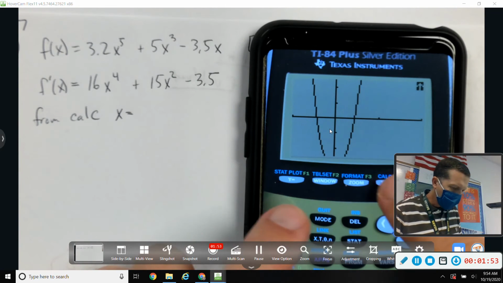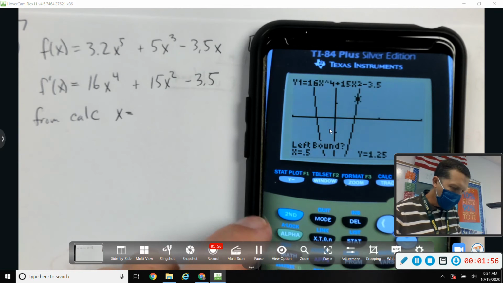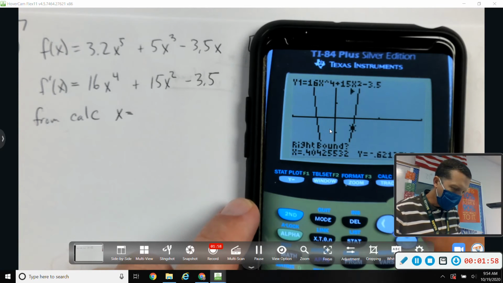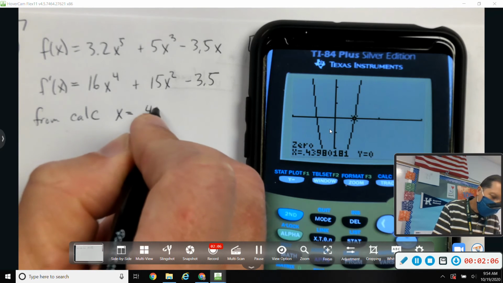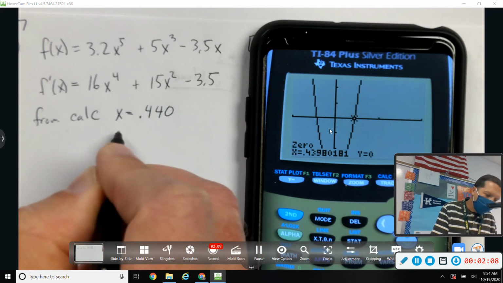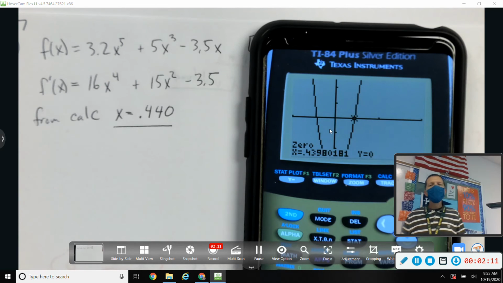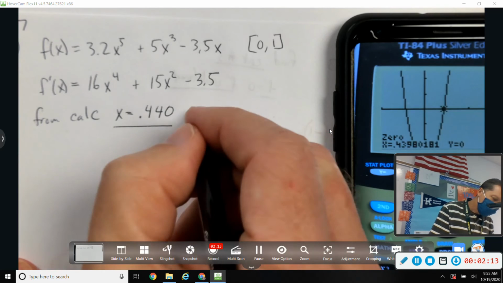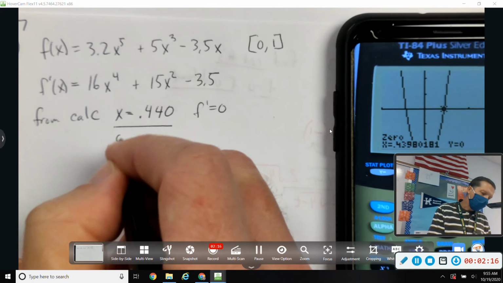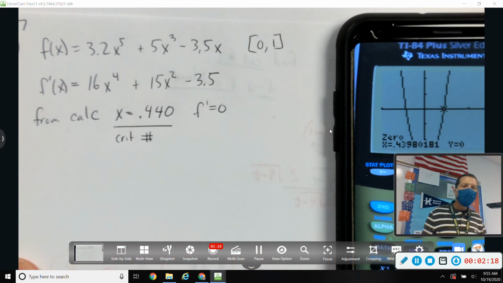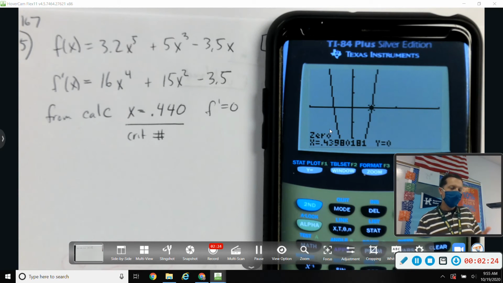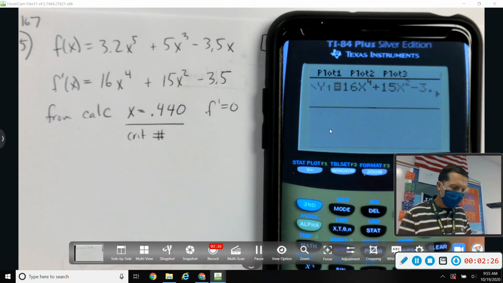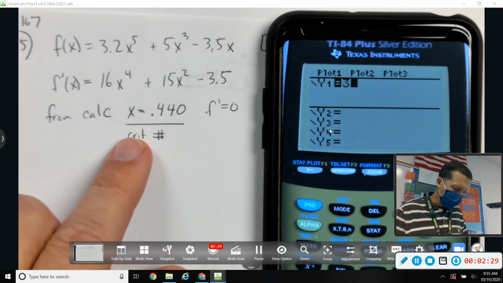So, second calc, 0, left bound, right bound, guess. So at 0.4398, so 0.440, there is a f prime equals 0. So that's a critical number. Right, from the calculator. Now let's graph the original and see if that kind of matches up with what we